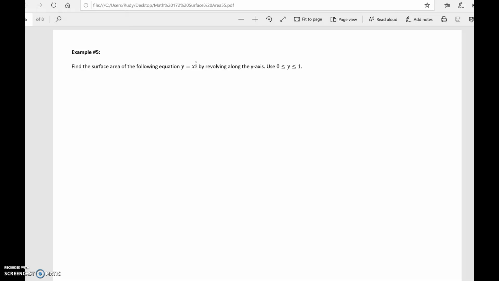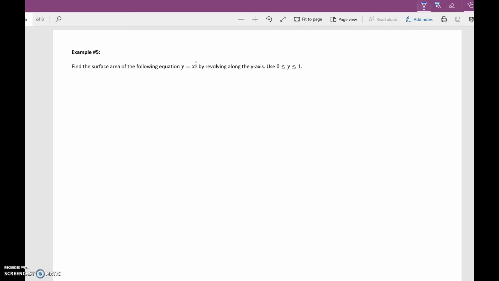Hi class, let's take a look at example 5, and we have to be careful on example 5 because they want the y-axis and they're actually giving us all the information in terms of the function for the x-axis. So we're going to have to adjust it, and then just so we take a look at what region we're looking at,